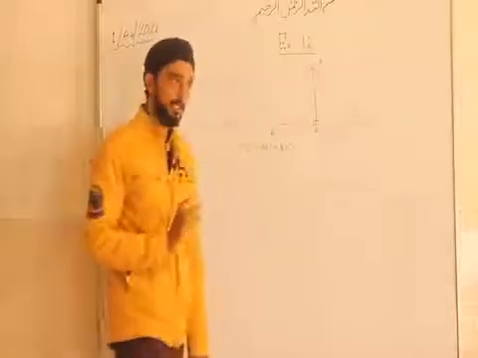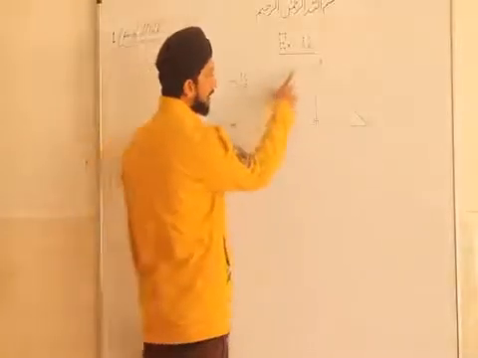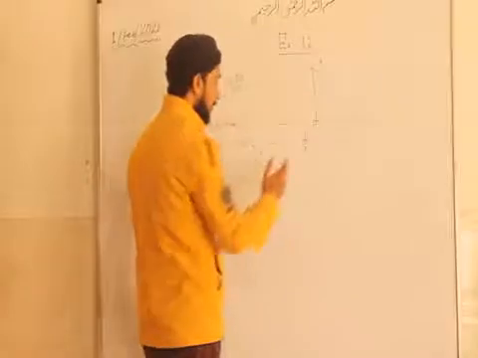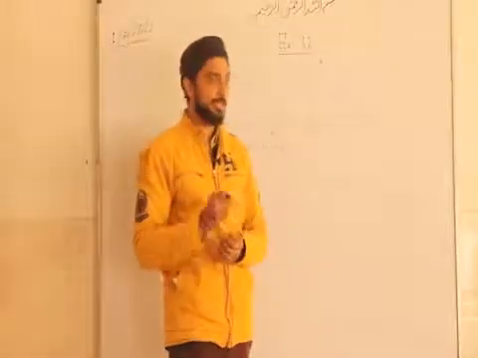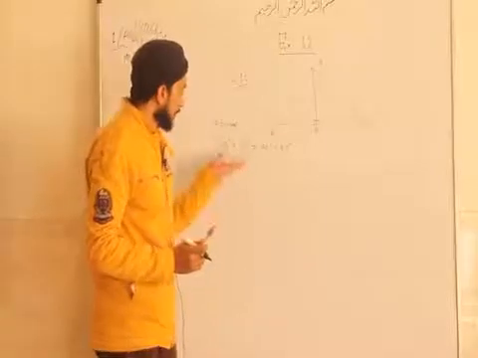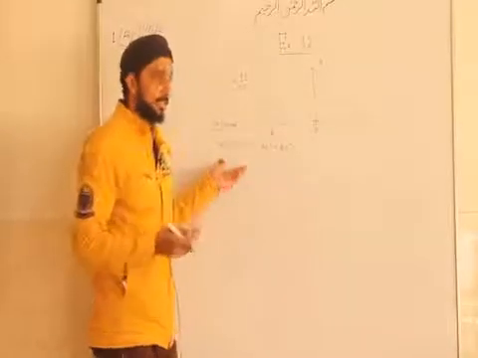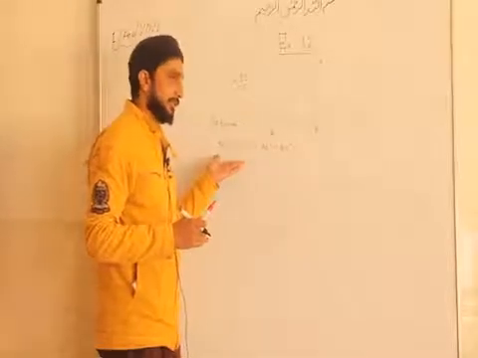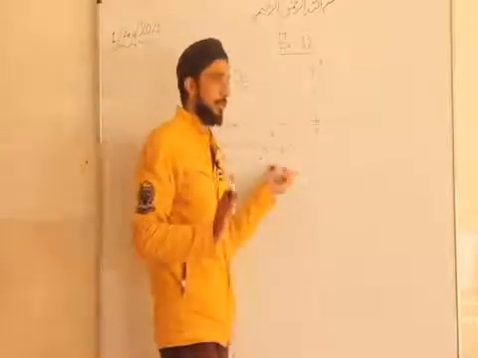So with the help of this concept, we have to prove AB square plus CD square. AB square is this side and CD square is the side of this triangle. When we have to prove some identity or anything, we just look at the left hand side, or sometimes the right hand side. This is up to us. So we are giving preference to the left hand side. We try to achieve this, then we will get the rest automatically.